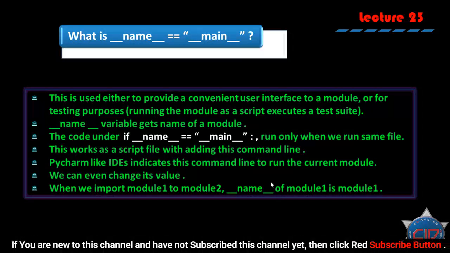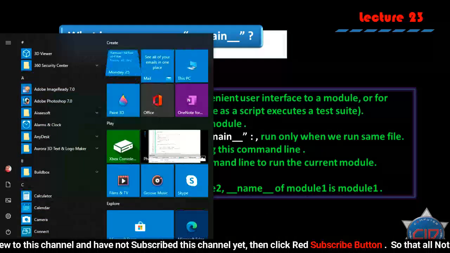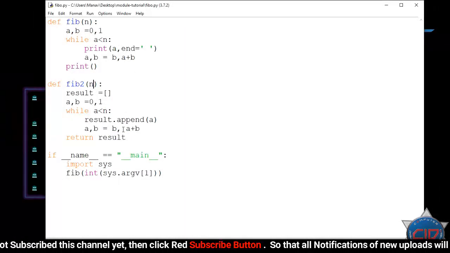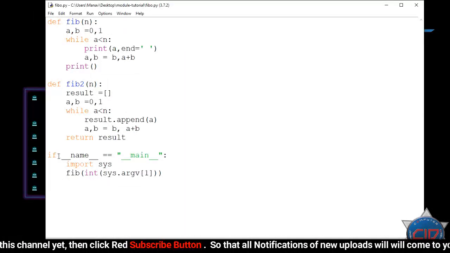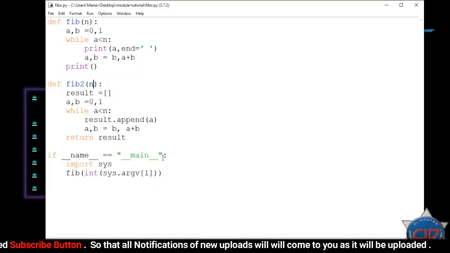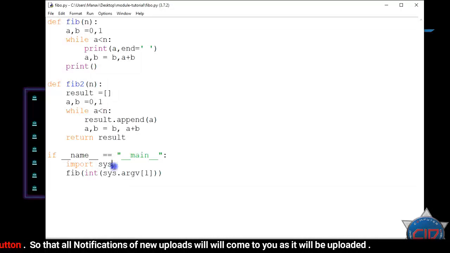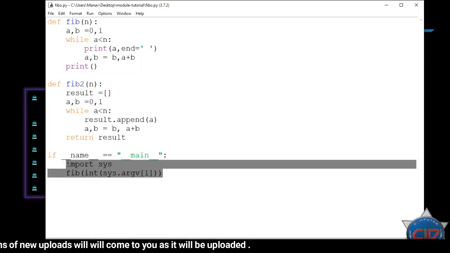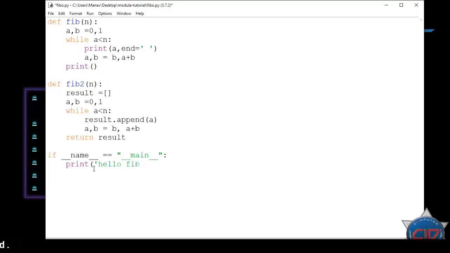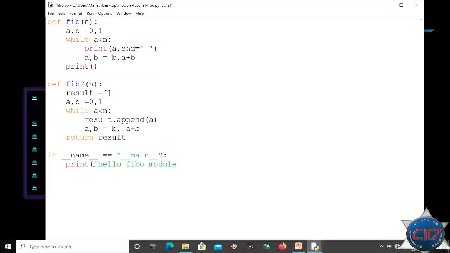Okay, let me show you with programming. Here I have the fibo.py file, and I have written here if __name__ == "__main__": I am importing sys and calling fib. Let me remove this for a moment and just print hello fibo module.